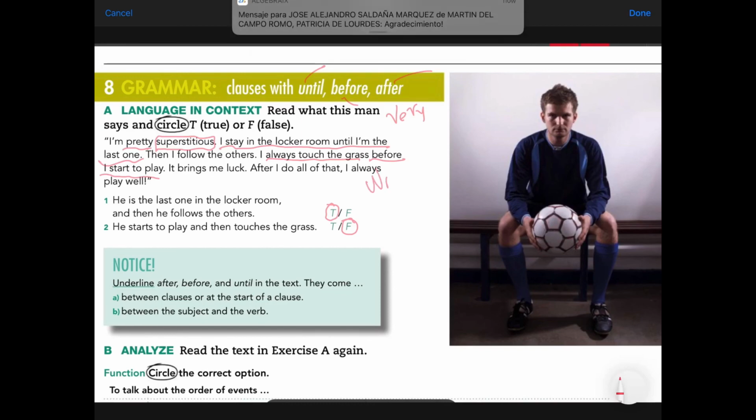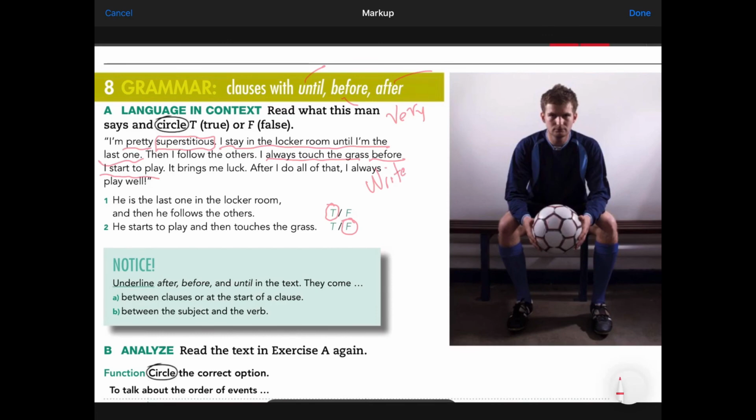Okay, this is a short text. Please write in your notebook a short text about your superstitions. Okay, write a text like this, write it in your notebook and send it to me, please. I know that we have a lot of work, but that's the way it is, okay? You don't need to rest, you need to work a lot. And then after this, you will get one